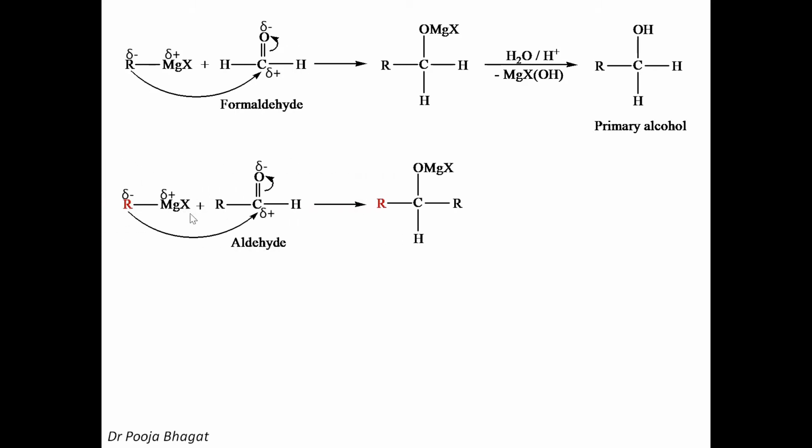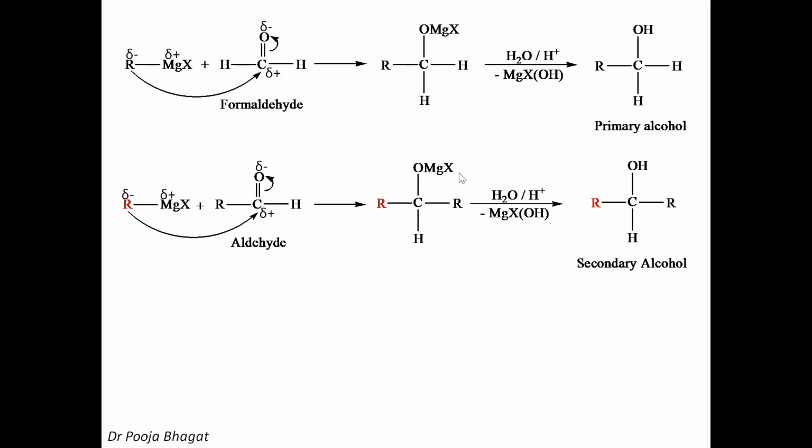Now, if you treat Grignard reagent with an aldehyde, here I have marked this R in red just to explain that this R comes from the Grignard reagent. So R having partial negative charge, the nucleophile, will attack the carbon with a partial positive charge and pi electrons are shifting towards oxygen. So this carbon is already having one R and H, and this another R will get attached to it. So this carbon will have 2 R, 1 H. These 2 R can be the same or they can be different. This is single bond O negative, and MgX positive will get attached to it. So OMgX. So R, C, H, R and OMgX.